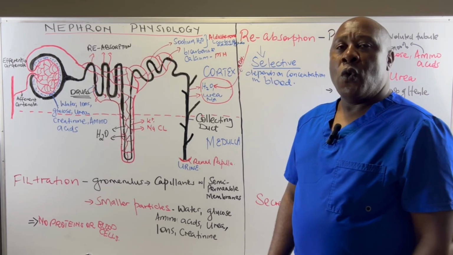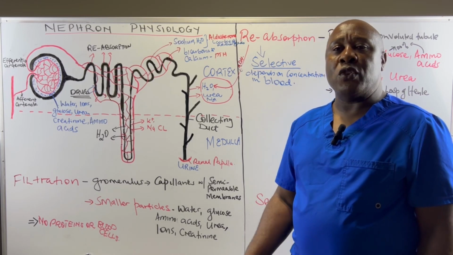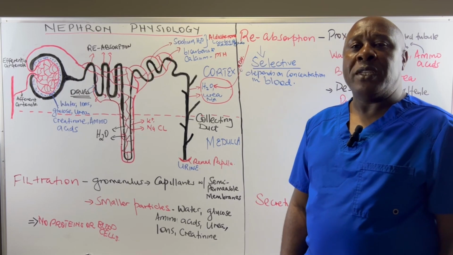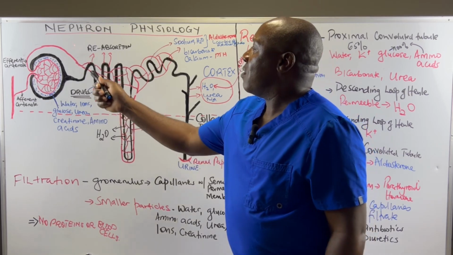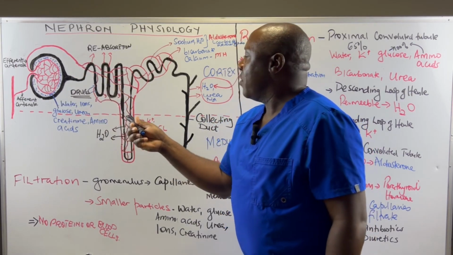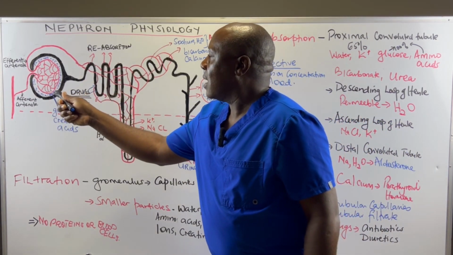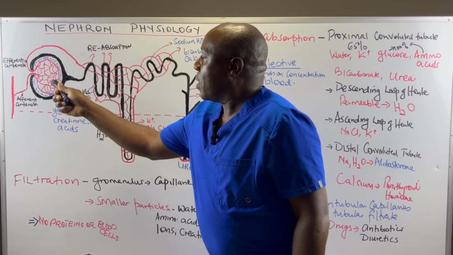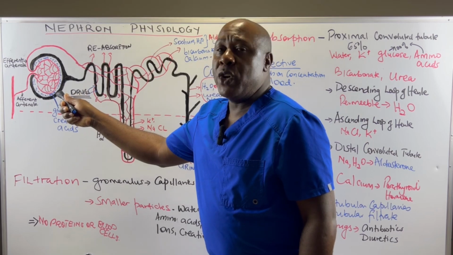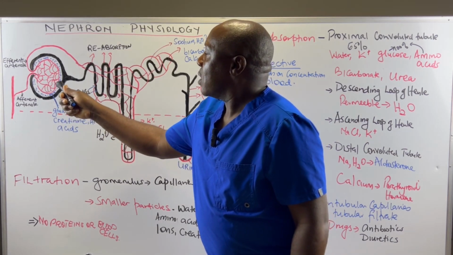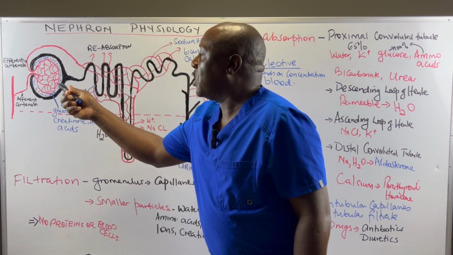In this video, we are going to look at these processes that occur within the nephron to result in the formation of urine. Just as a reminder, the nephron is divided into two major parts. We have the renal corpuscle and the tubular section. The renal corpuscle is made up of the glomerulus and the Bowman's capsule. The glomerulus is a series of semi-permeable capillaries in which filtration takes place,